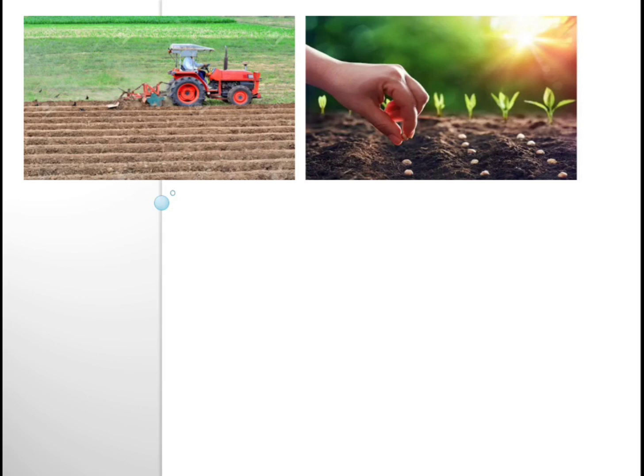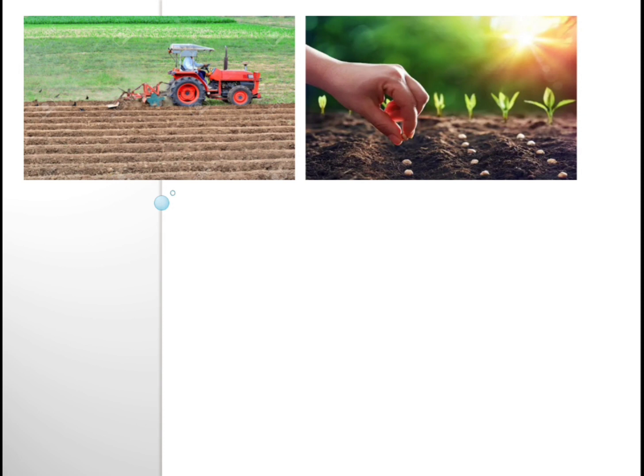While it is growing, the farmer waters the crop so that it grows nicely. Along with that he uses pesticides and insecticides so that the crop is not damaged because of the insects, because of the pests. So to avoid that, the farmer uses pesticides and insecticides to protect the field from the pests and insects.